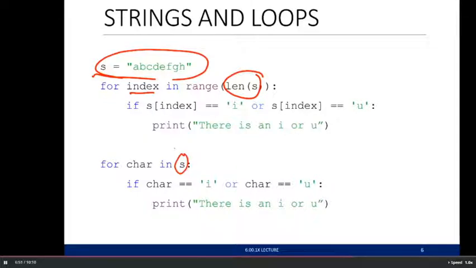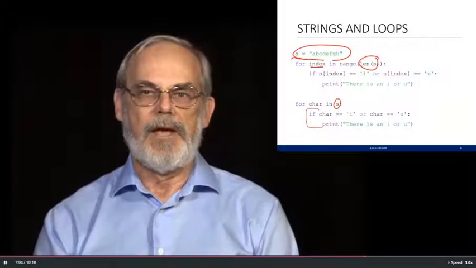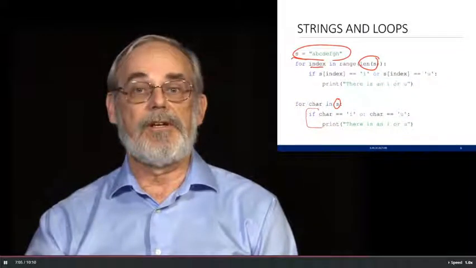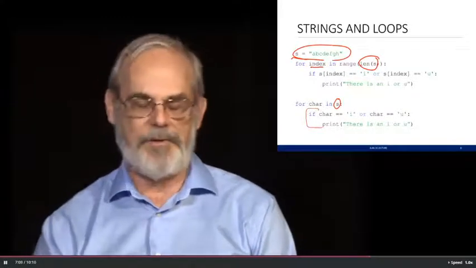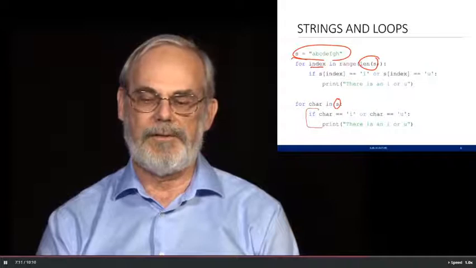S is something we call an iterable. It says I can actually write a loop that lets characters start with the first element of S, and then the second element of S, and then the third element of S, doing the same kind of test as I move along. And it will do this until it runs out of characters in S, in which case it will exit from the loop and move on to other kinds of things.